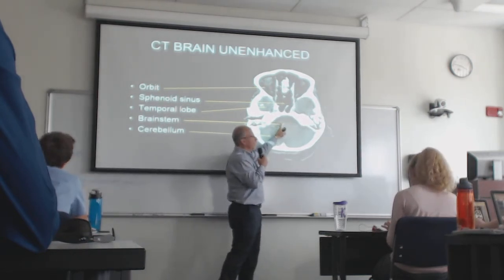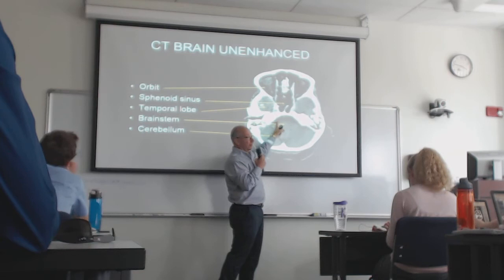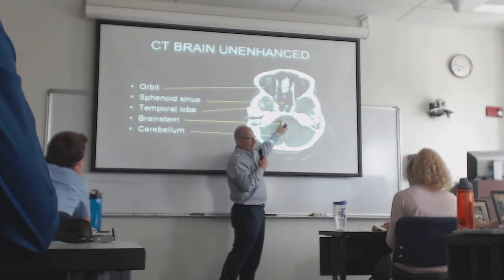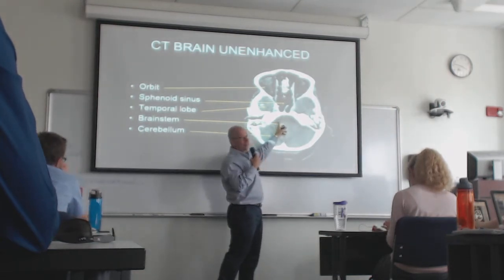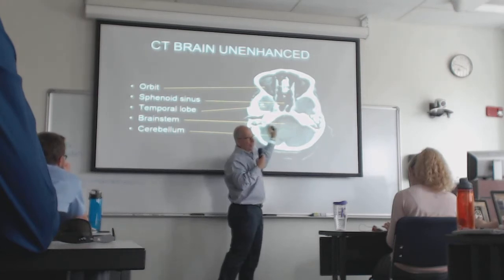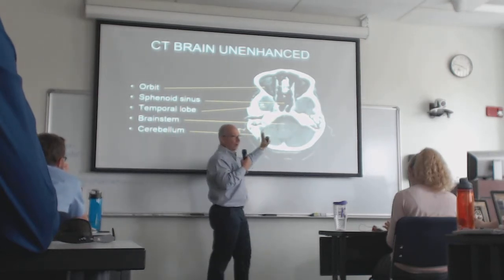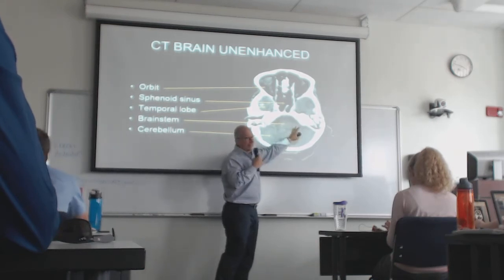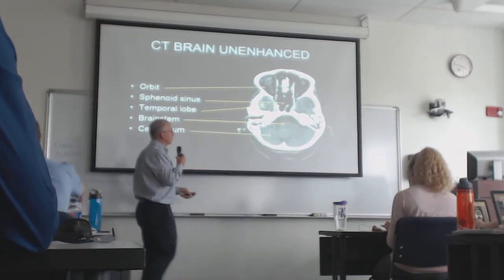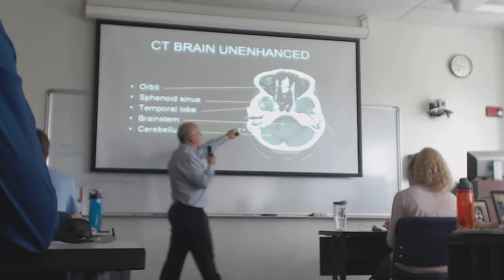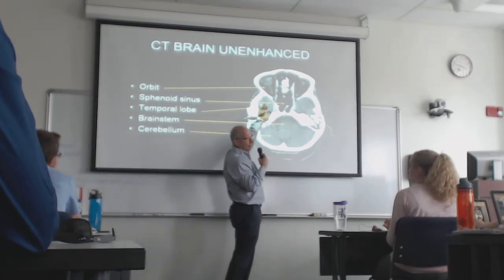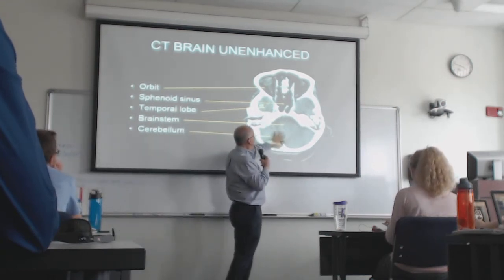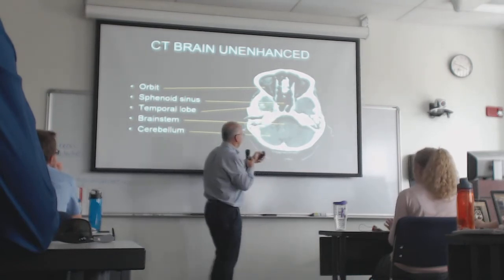Notice in here, we know there are all kinds of very delicate structures. There's the brainstem, there's the cranial nerves. Can't really see them very well because there's an artifact of beam hardening. I don't have to go into why, but it's just a difficult area to see because of the very dense temporal bones in that location. A little more anteriorly is the base of the temporal lobes. Okay, so cerebellum, base of the temporal lobes.